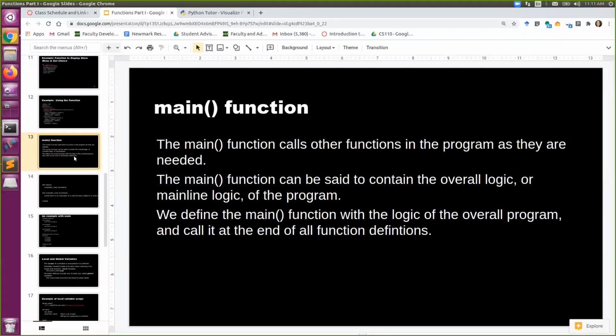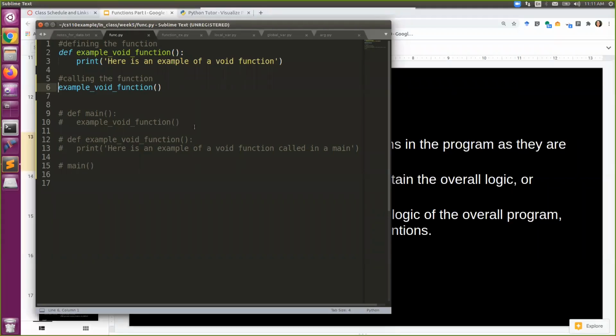Now I'd like to introduce a topic called main. There is something called the main function, and it calls all the other functions in the program as they are needed. You could say the main function contains the overall logic of your program, and it's where we start in a program. Now, it's a little bit different in Python. If you've programmed in Java or something like that, you have a main and you always start in your main. In Python, you don't have to have a main. Here we don't have a main, we're just running some functions,